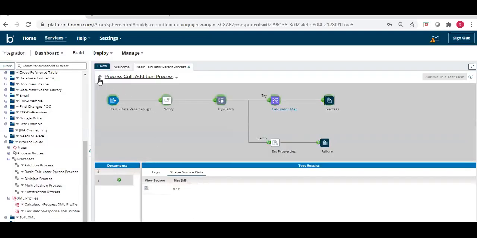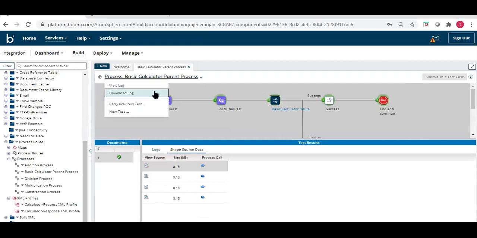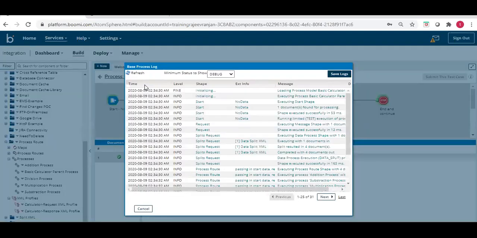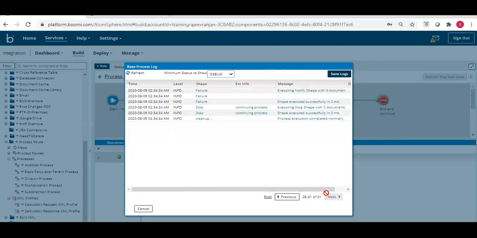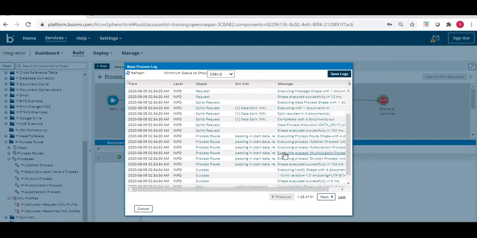Instead of going to each and everything, it is best we go here and check the log. So if you see the log here, one document processing. You can see the split resulted into four documents, which means the data process split that one document into four documents.